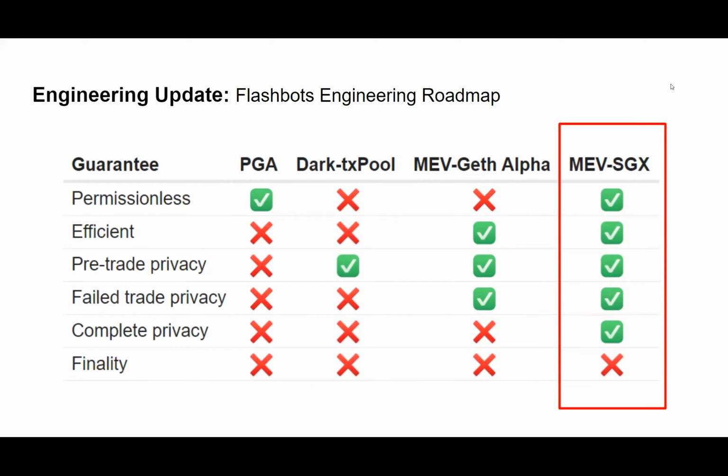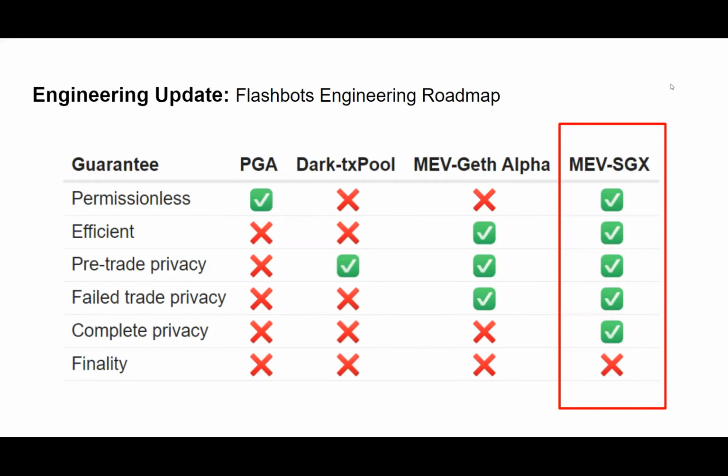And that's what the MEV SGX specification aims to provide. It introduces two core properties. One of them is cryptographic privacy, and the other one is DOS protection for miners. Under an MEV SGX world, the Flashbots relay doesn't need to exist anymore, and it doesn't need to be a trusted counterparty. Instead, anyone is able to build their own relay or connect directly with miners to submit Flashbots bundles.